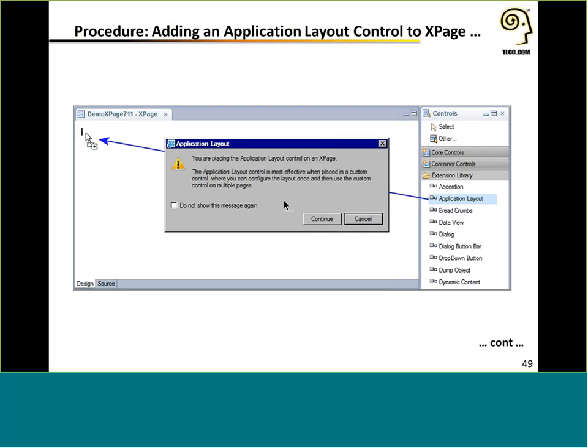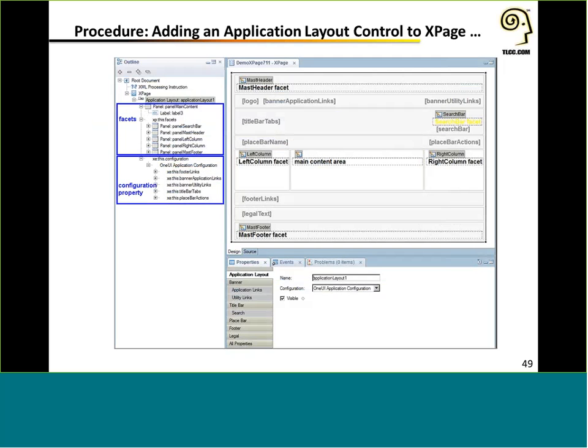So the idea is you define your application layout control for one application or for several applications. You define that on a custom control, and then you're going to add that custom control to several XPages. So you get that common look and feel, across those several applications, which could be within the same application or again extended across several applications.